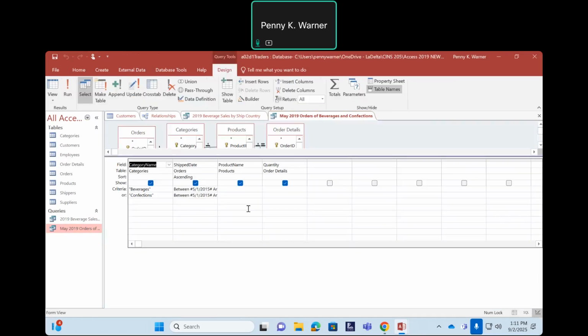Notice here's your criteria. The two criteria are under category. You said I only want to see beverages and I only want to see confections, even though the table has lots more than that, right? And then in ship date, I only wanted to see orders. They're in ascending order, but they're between